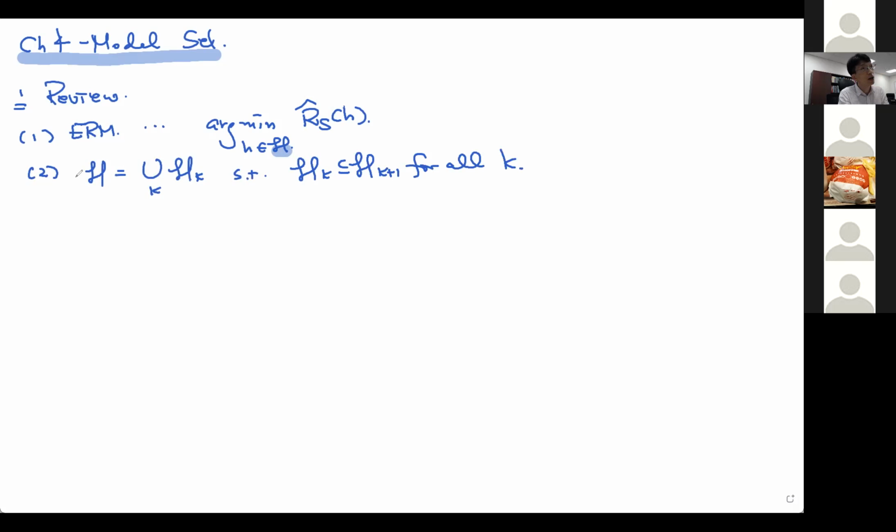If we consider such a scenario and design algorithms that exploit this structure, essentially the idea of the algorithm is to search for an appropriate hypothesis set, H_k. So the big idea is to search for a good hypothesis set H_k